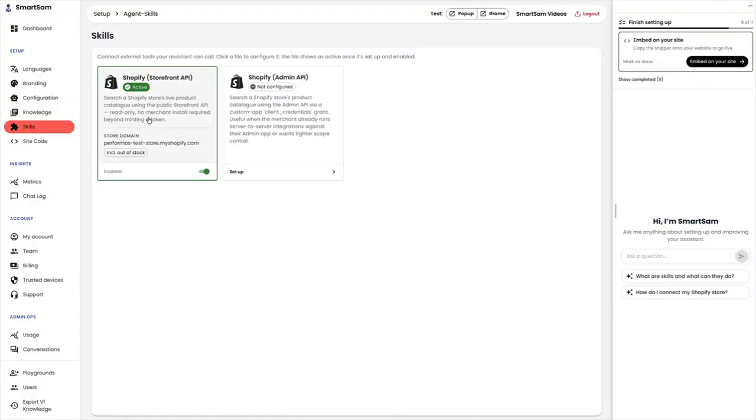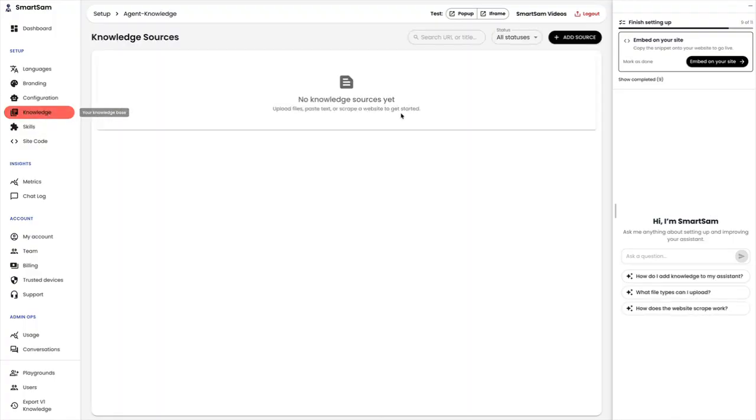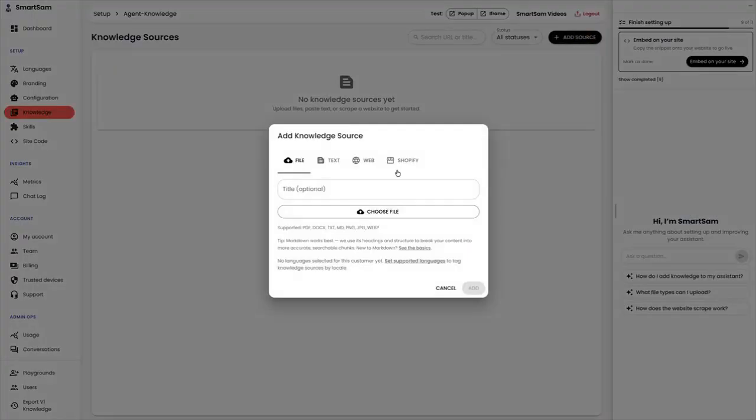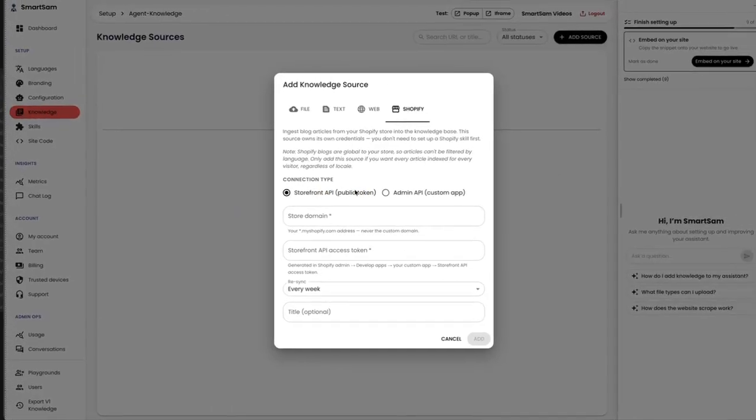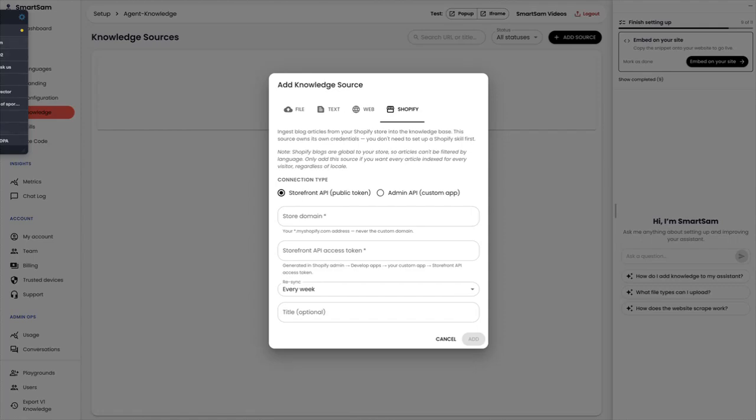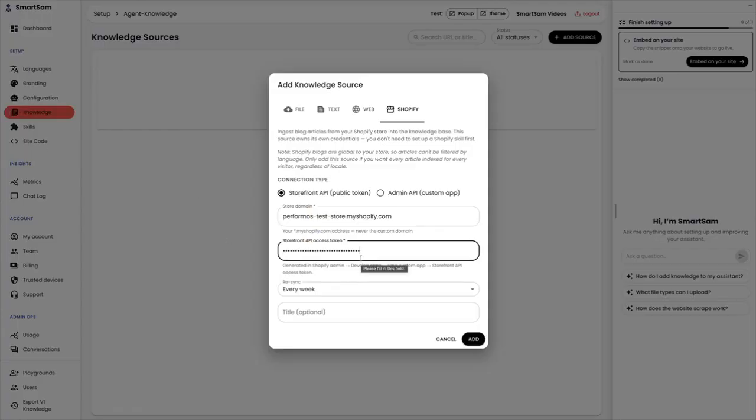Let's go and now pull in the web pages and articles off of that Shopify store. So to do that, we have to go into the knowledge section, and we have to add a new knowledge source. And of course, we're going to add Shopify, and we want to use Storefront because that's what we've set up. So again, here you just need to paste in the same information that we pasted into the other. So Storefront and the token,